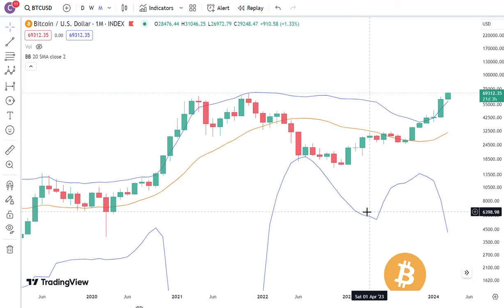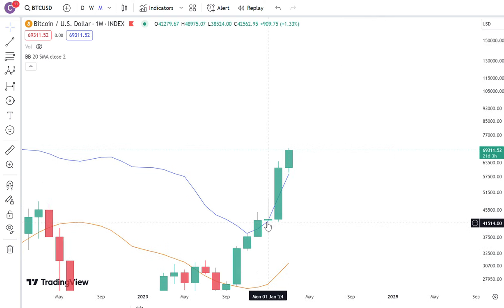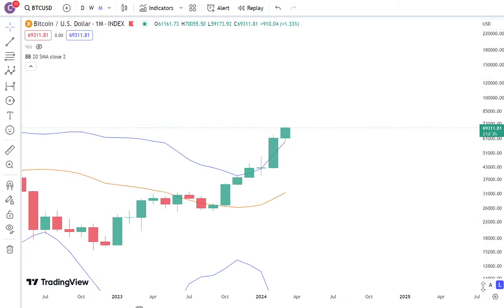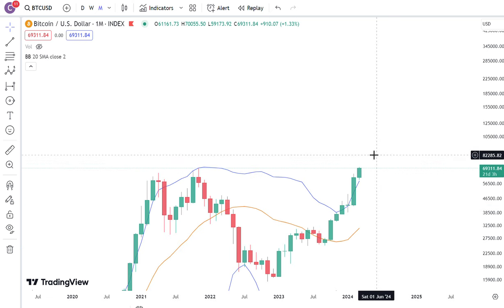So, the current cycle, what do we have so far? I want to say this is still kind of closing inside the upper Bollinger Band, but it's hard for me to tell for sure. As a matter of fact, I think it actually closes a little bit outside. How many candles do we have so far that are closing above the upper Bollinger Band? 1, 2, 3, 4. Is the bull market going to end in a couple months? Unlikely,